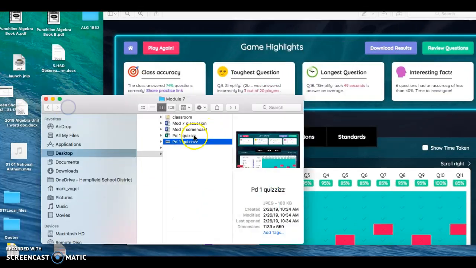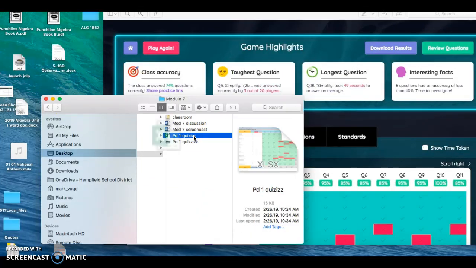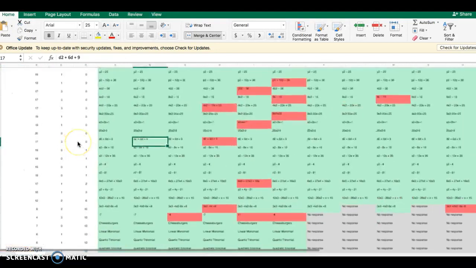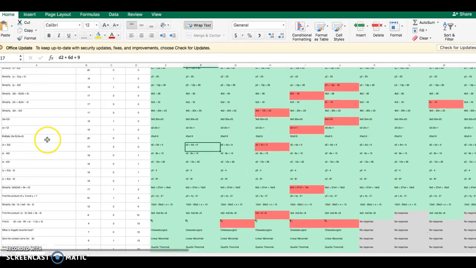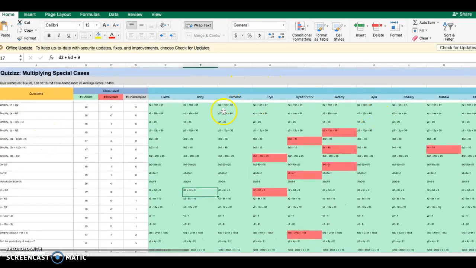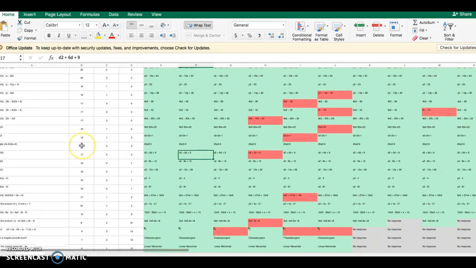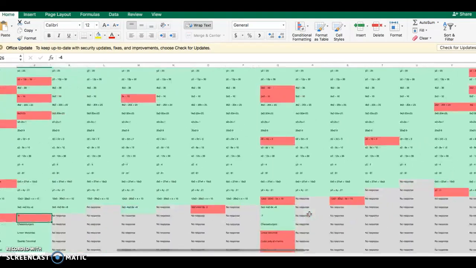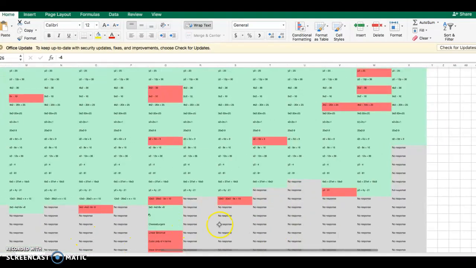And then you can also export the results into an Excel sheet here. I'll just show you real quick. So this is something I can use as a grade. I just grade their scrap paper for this day, but you can look at each individual student and each individual problem. So here are their names at the top. Here are the problems on the side, and I can see this question right here was missed 3 times. Some students didn't get all these questions done,